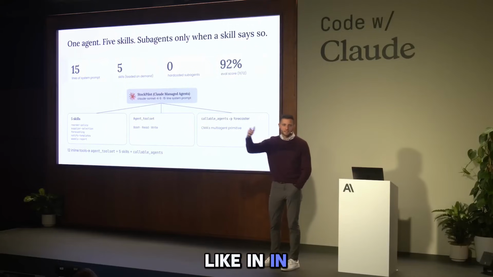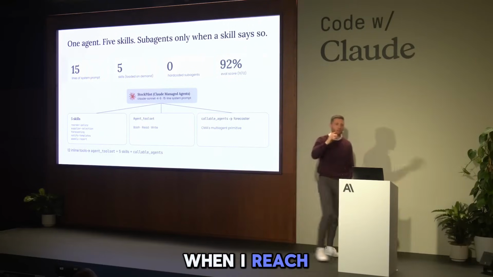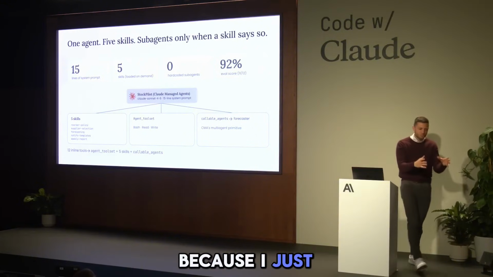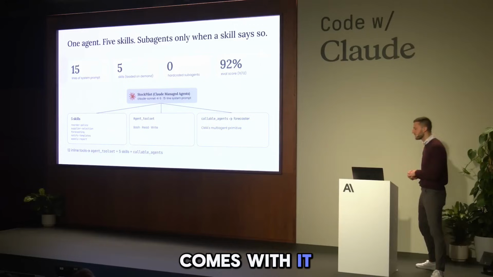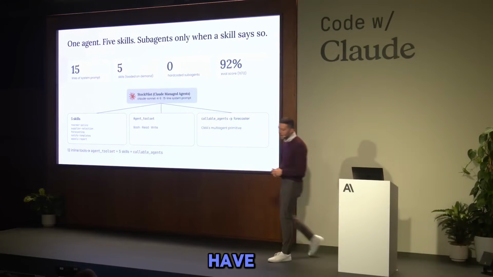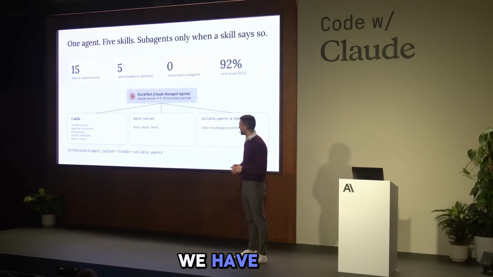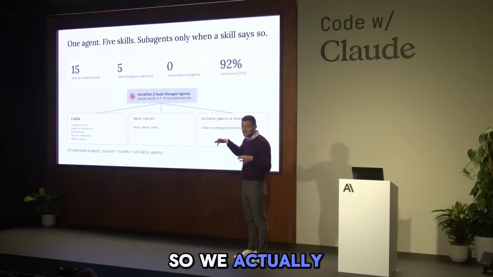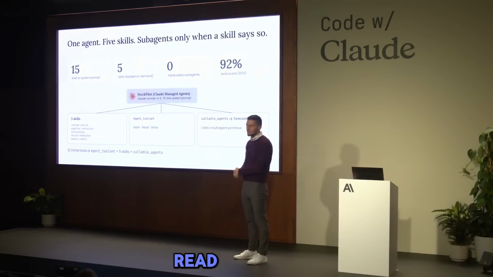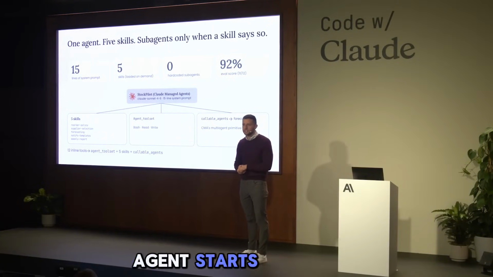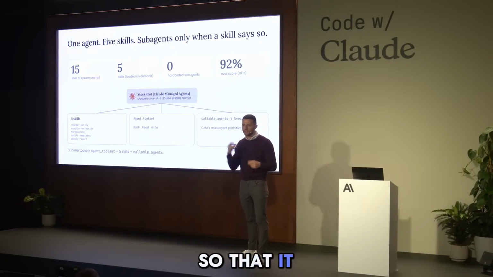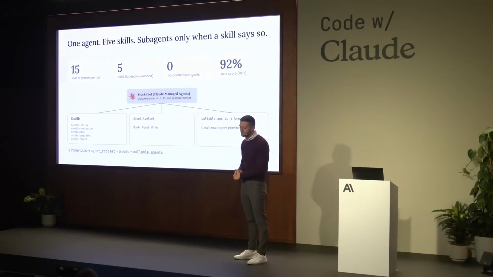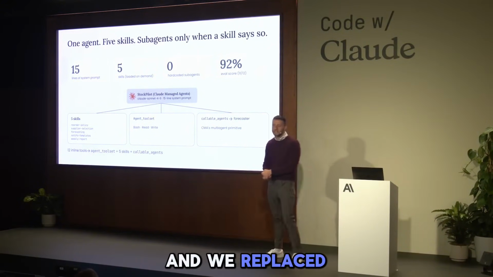In Will's simple terms, that is when I reach for Claude managed agents, because I just want to worry about building the best thing possible and not all the messiness that comes with it. We simplified our tools. We now have 3 different tools: bash, read, and write. When our agent starts executing, we sync some data into the Claude managed agents environment so that it can reason across that data. We simplified our system prompt to 15 lines long,